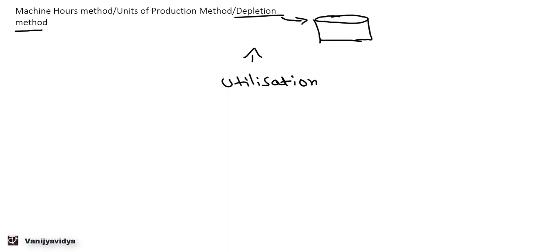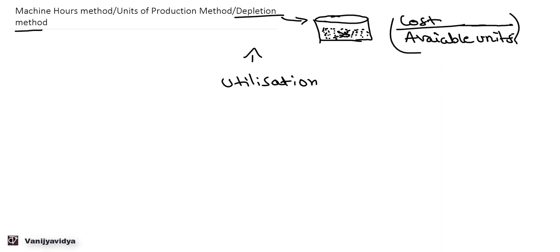In a mine it is anticipated that there will be so and so units which will be extracted. So total available units. Now the total cost of this asset will be divided by anticipated available units, and then whatever is extracted every year will be multiplied by this to arrive at a depletion